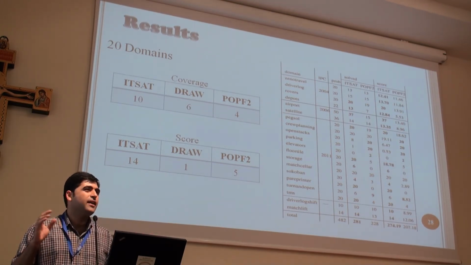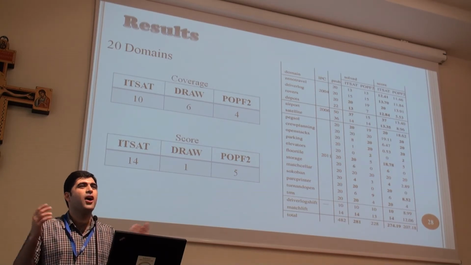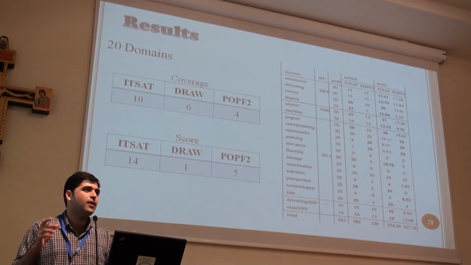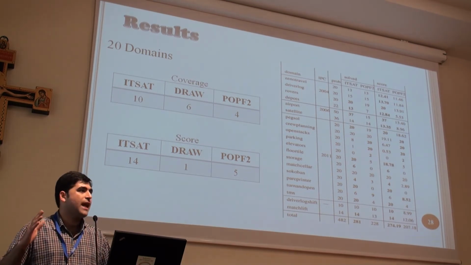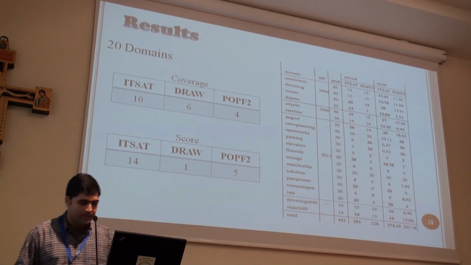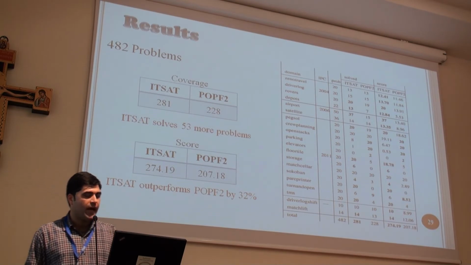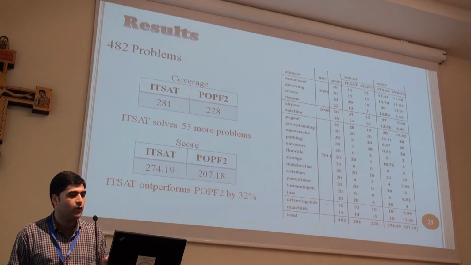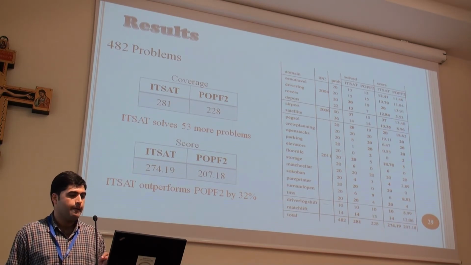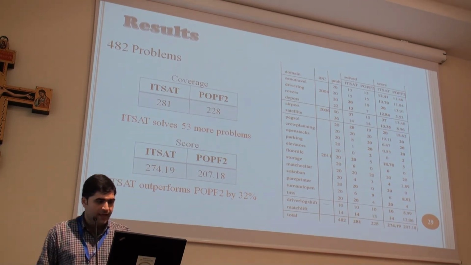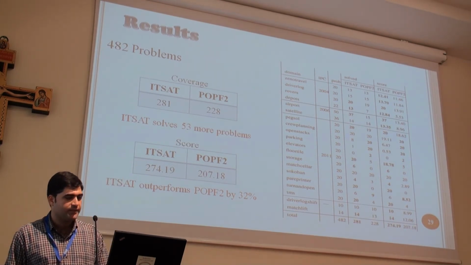If you have fewer steps, it is a little unlikely to have plans with bigger makespans. And for the problems, we solve 53 problems more than POPF, and the overall score is